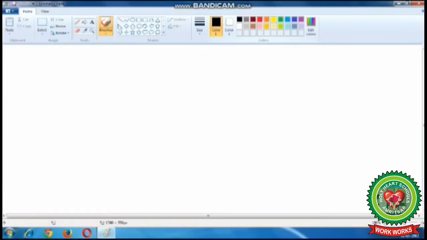Children, the tabs and group together form a ribbon. So you can say a ribbon contains two parts, that is tabs and groups. You can see here the white area, which is called as the drawing area, where you can make your drawings.